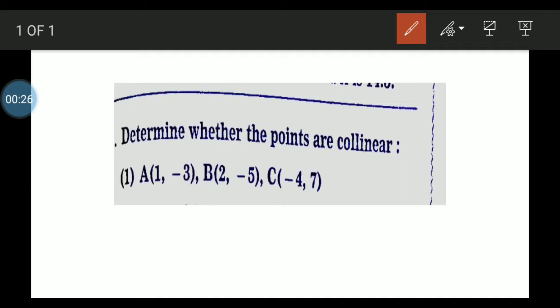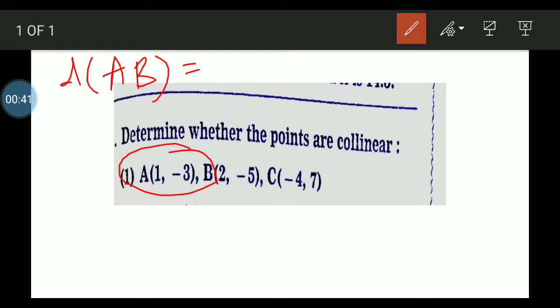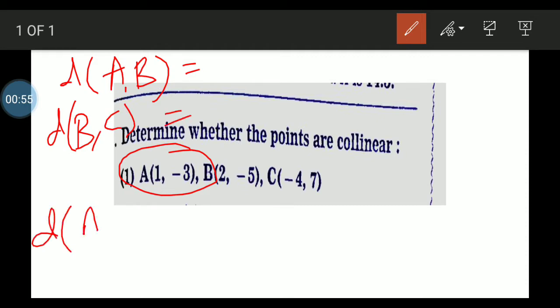So what I will do, students, first of all, the method to find whether it is collinear or not: we have to find the distance between AB first. Okay, then I got a distance for A comma B. Now I will find the next distance, BC. B comma C. Then the next one, I will find the distance of A and C. Clear? These three distances I am going to find. Then I will take the first, second, third equation.